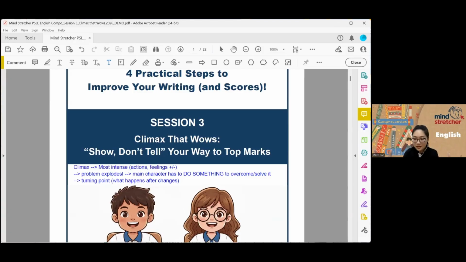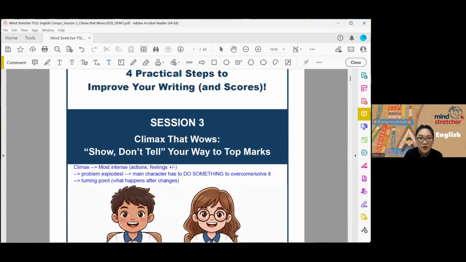The beginning and ending are well written. Whatever is in between, interesting, sustains the reader's interest. Okay? Don't need to intentionally do a plot twist or cliffhanger and all that. It's not necessary. Is it really possible to get full marks? Of course. The highest mark is 36, right? So yes, it's possible to get 36, if you meet all the descriptors. Okay, so this is where a lot of action is taking place, etc.